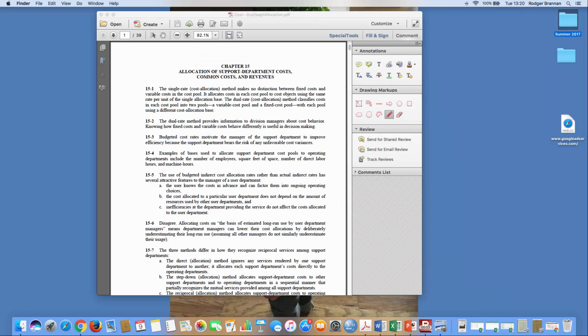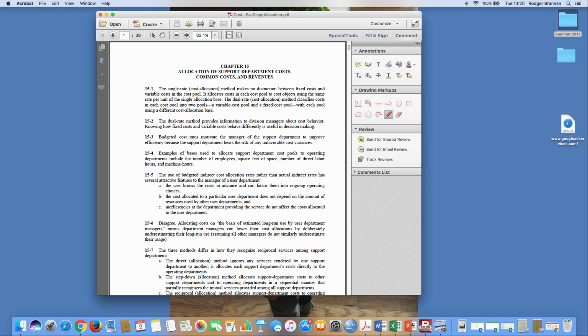Okay, we're going to talk about a few things here relating to support department cost allocation. First and foremost, let's be clear that what we're talking about here are departments that aid and assist the productive departments in fulfilling their functions. These would be things like IT, accounting, HR, law. These are necessary activities that the operating departments have a choice. They could go out and contract or purchase these services themselves, or they can buy them from the corporation as